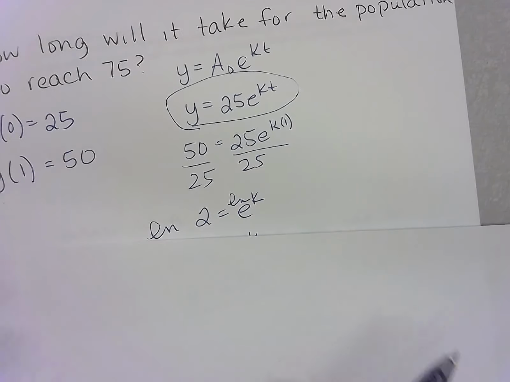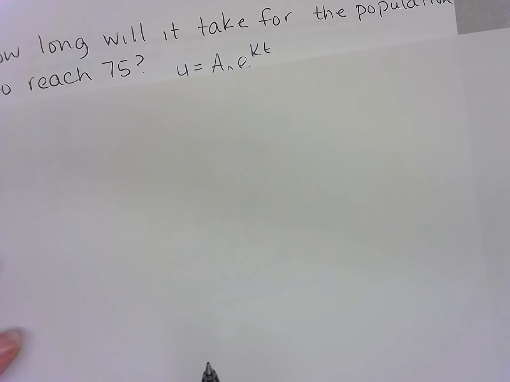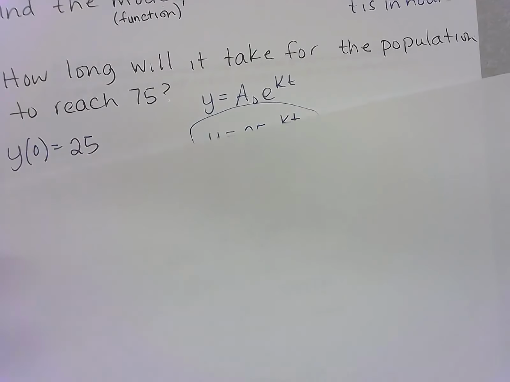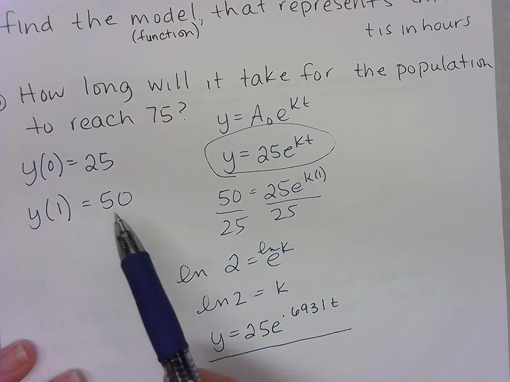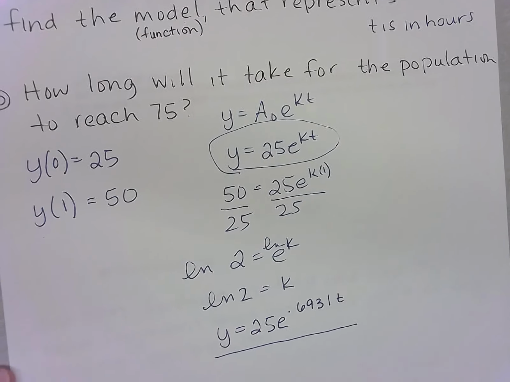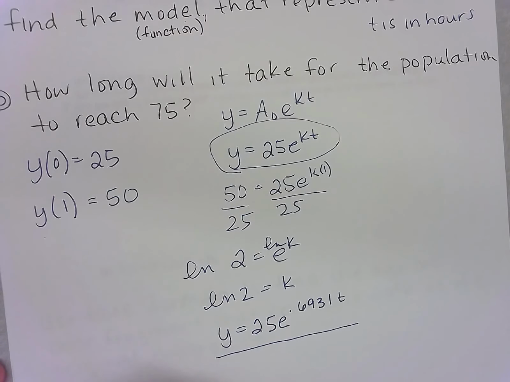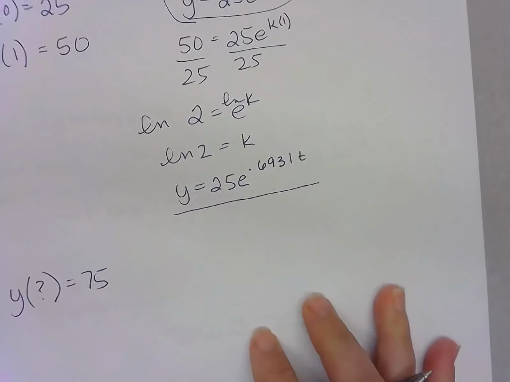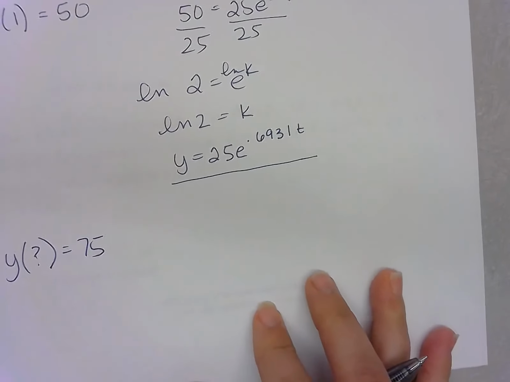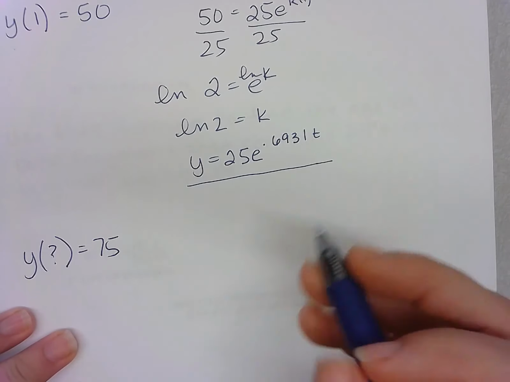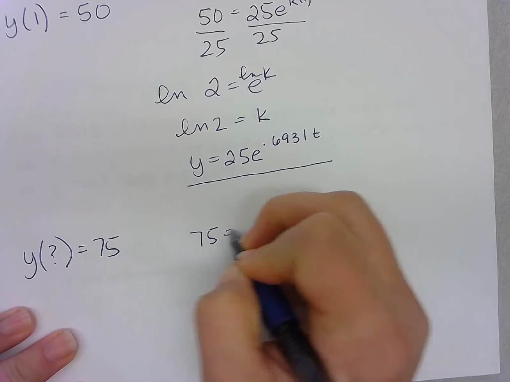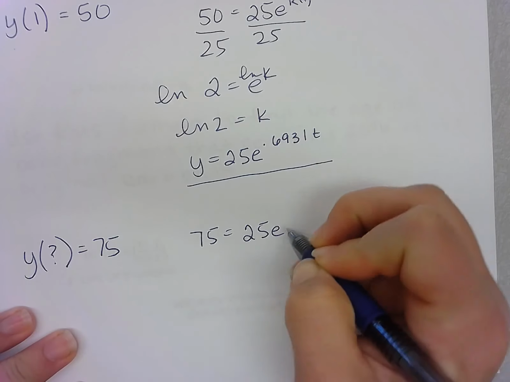All right, so now it says, how long will it take for the population to reach 75? So now we already know, because we're talking about the same population, we know that this is the formula. So when will it reach 75? So basically we're looking for y of what equals 75. Okay, so that means I'm going to essentially solve for t and put in 75 here for y. So I have 75 equals 25 e to the